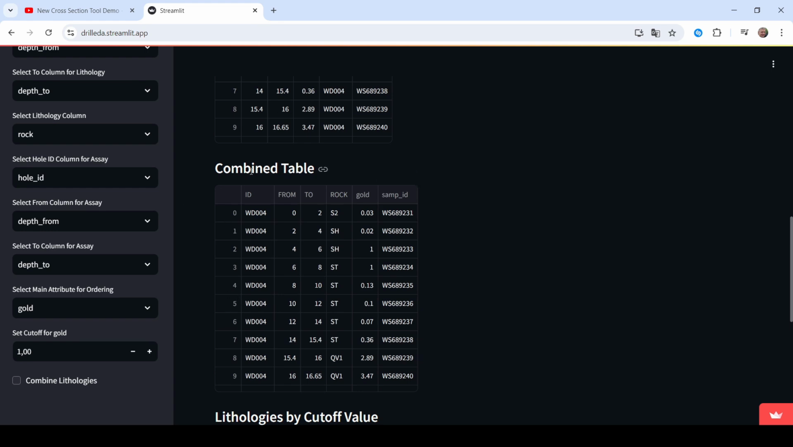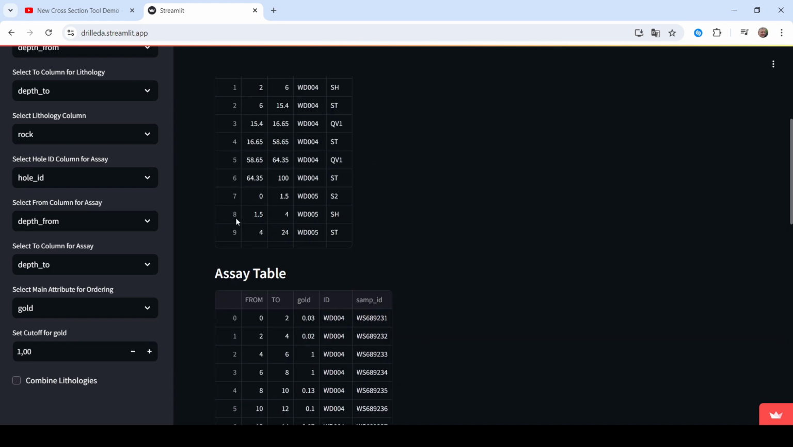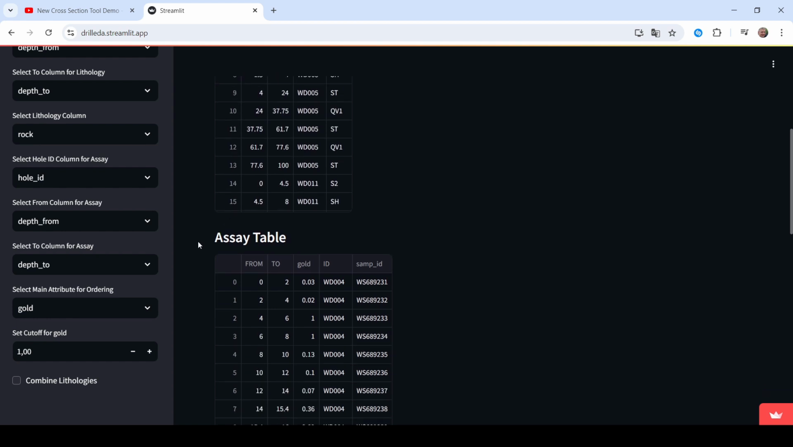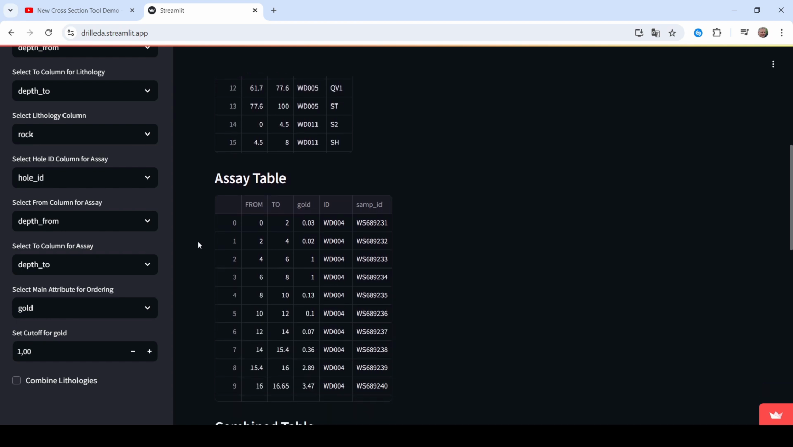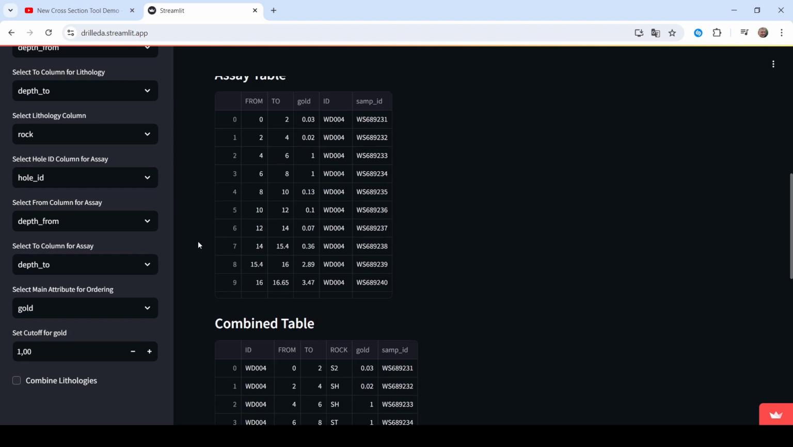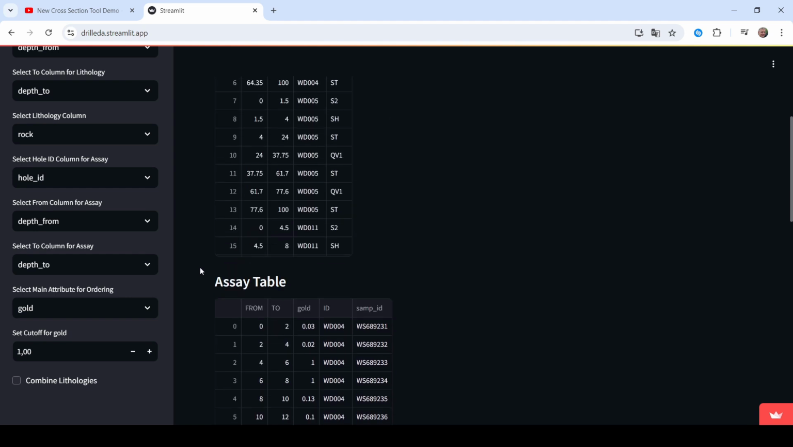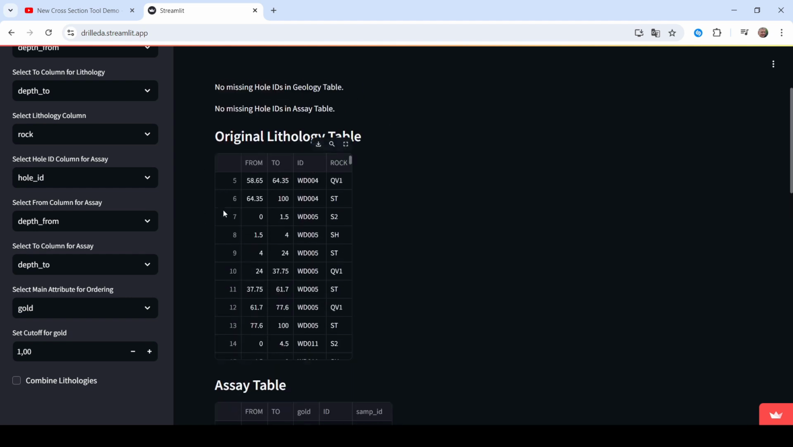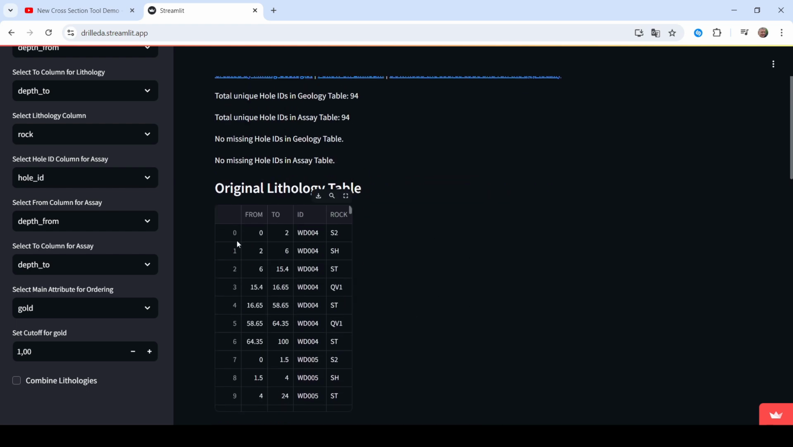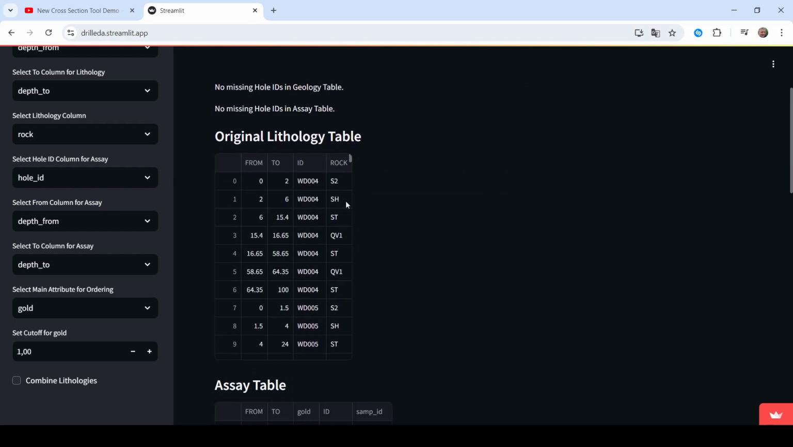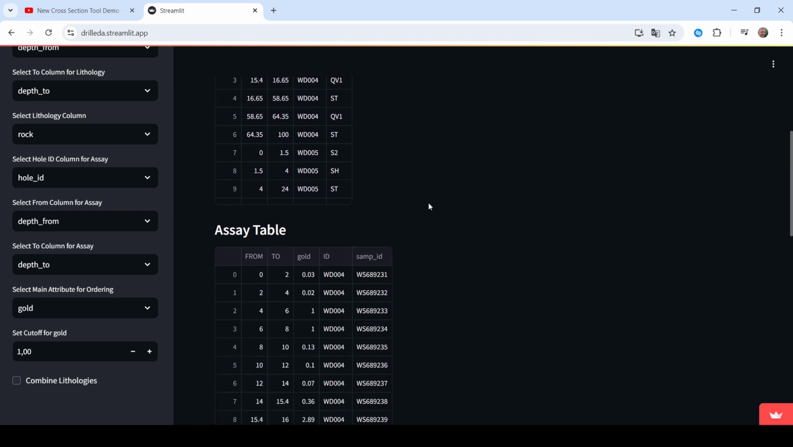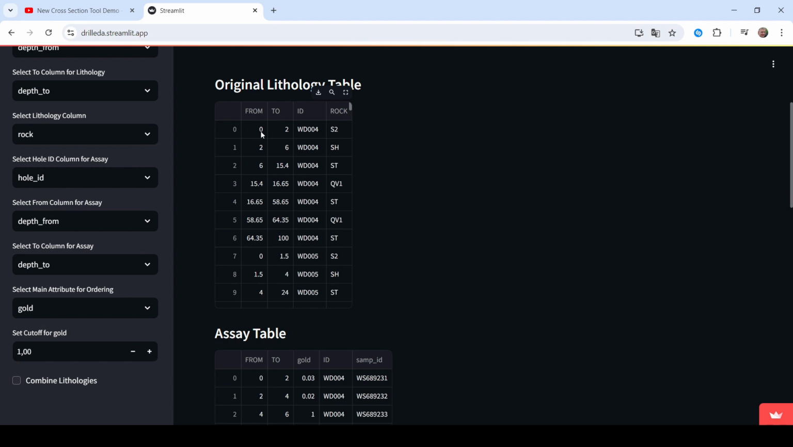Now this tool combined both of these intervals and it creates different samples based on the shortest sample between the two tables. So for example, if I have from 0 to 2, that's the first sample in this first hole, then the same thing for the assay. So let's say that the first one is from 0 to 1, or maybe let's take a look at,